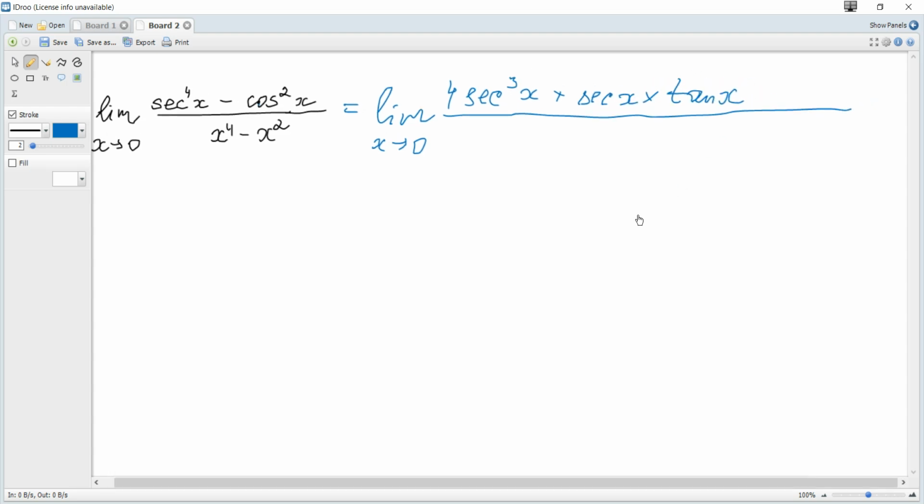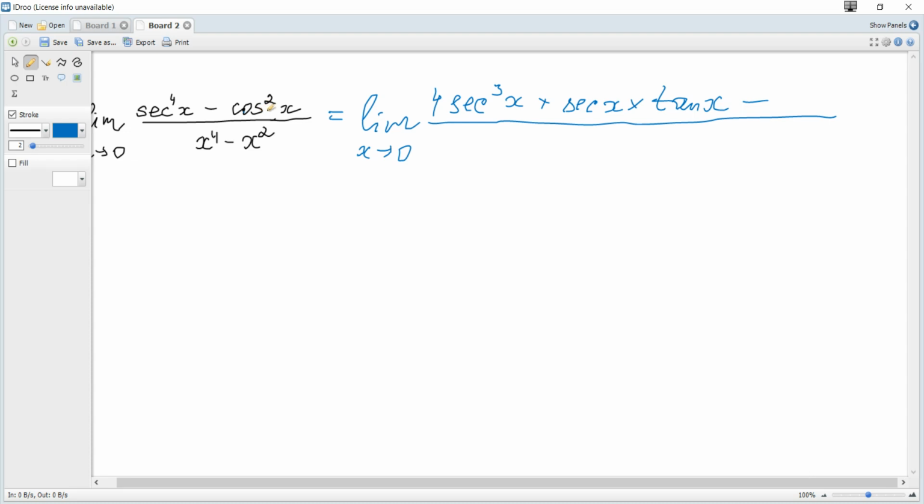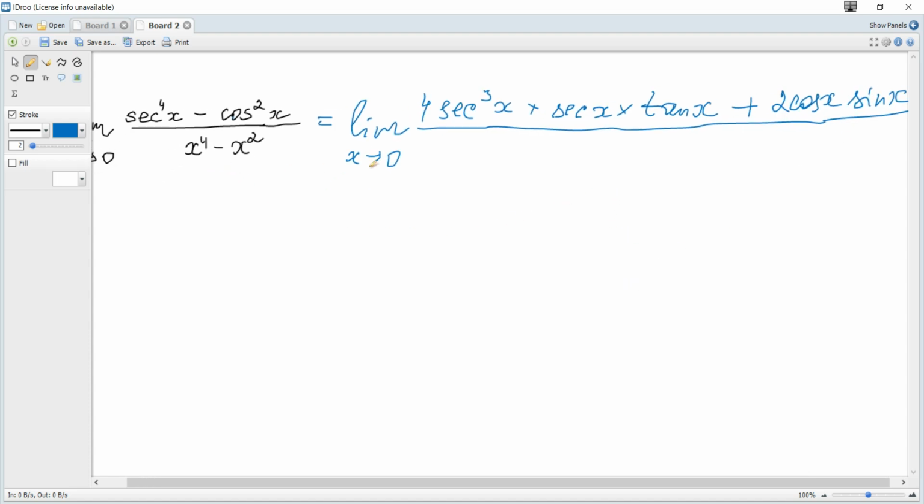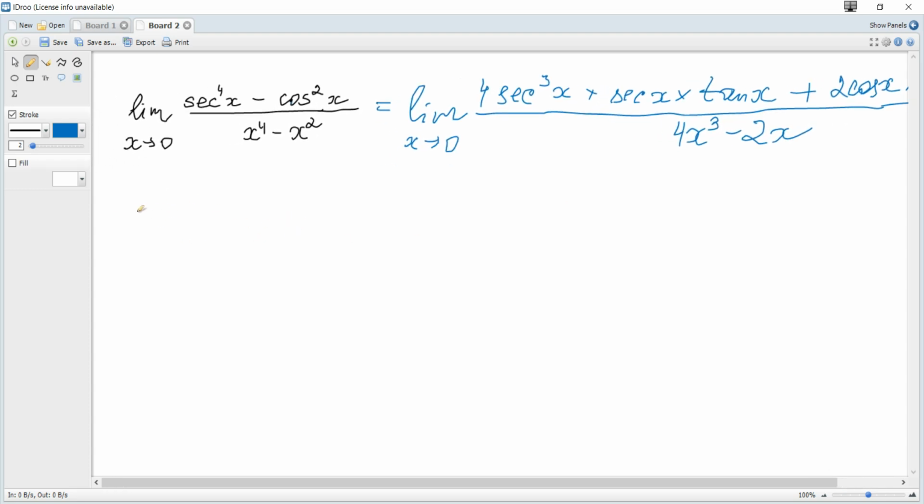minus, with the same formula because it's again a function squared, so it's minus 2 cosine multiplied by the cosine derivative, which is negative sine, so it's plus sine of x, and the derivative of the denominator becomes just 4x cubed minus 2x. And let's just rewrite it and simplify, so it becomes the limit as x tends to 0,